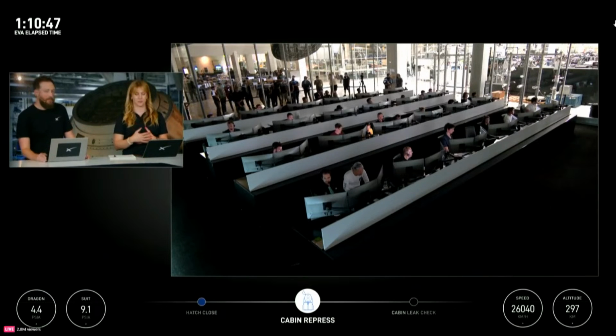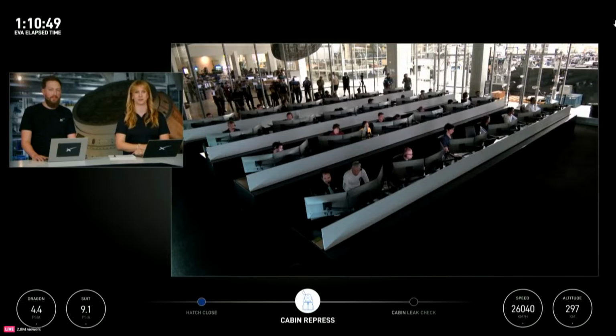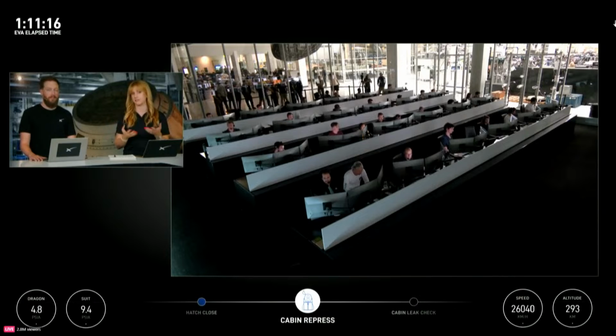Yeah, it was almost like we launched them and gave them 2 seconds to acclimate and enjoy their cute 0G indicator, and immediately stepped into the pre-breathe in order to prepare for today's activity. And really, like you said, let them acclimate and let their bodies adjust. The success of that was demonstrated today by the fact that we were able to step through all of the steps without having to take the optional and available breaks to allow the crew members to adjust during...